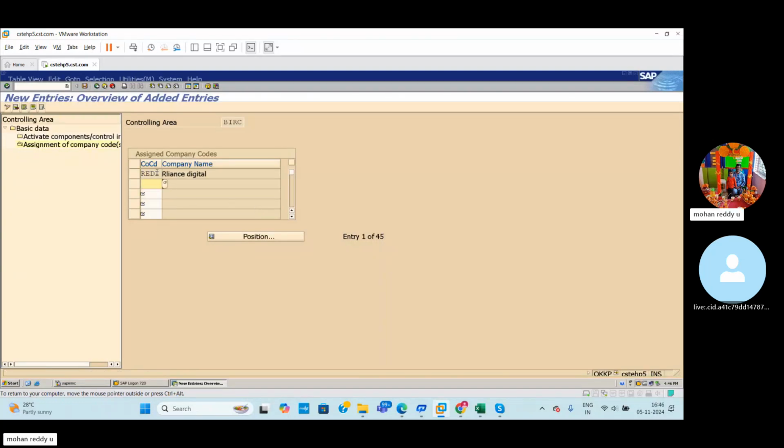So Reliance Digital, that company only we have an option to add, because for that company code the chart of accounts is already designed. We already created it. If you try to create a new value, like 100, it shows a differing chart of accounts, RDOC. So it means when we try to assign multiple company codes to this controlling area,